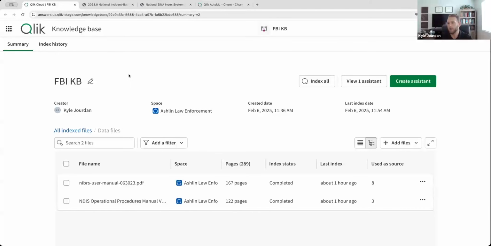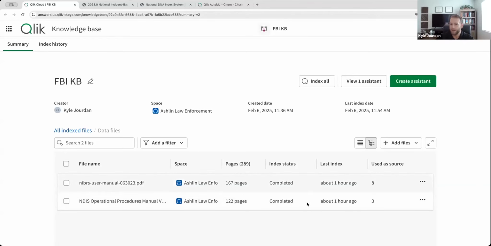And so what we've created here is that knowledge base that we were just talking about in terms of a trusted repository of documents that we are making available to the assistant and to the people asking questions. And so the scope of these assistants will only be the information that we have introduced through this knowledge base.